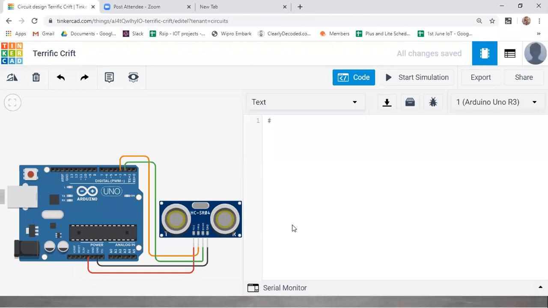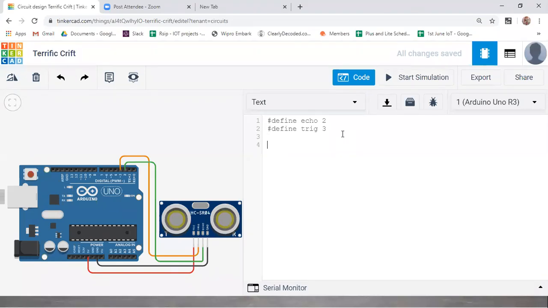You can do it in this particular way, with #define, which defines that pin. Here I'm taking my echo pin, which I have connected to digital pin 2, so echo 2. Similarly, I'm defining the trigger pin as 3. I have connected these two pins, one to 2 and one to 3.